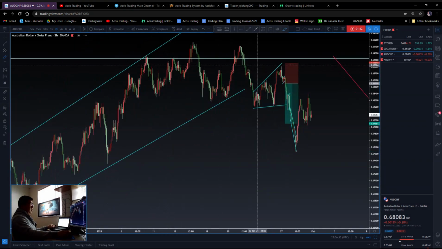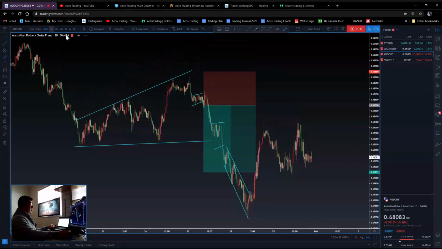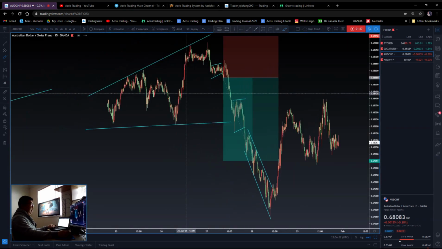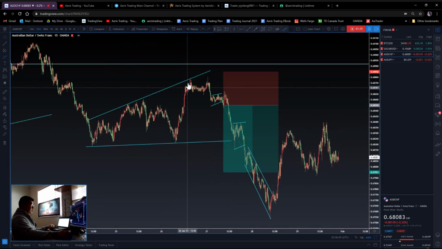So as we see here on Aussie Swiss, we broke down to the lows and then we started forming this kind of pullback correction. And I was monitoring to see what the price is doing. We have a tendency of a structure here, at least two swing highs and two swing lows. And then if we dig a little bit deeper, we see that there is a strong push to the upside, however, we cannot continue. There is no continuation to break up. Instead, we form a reason double top. So a reversal correction here and a first bearish push to the downside, followed by a continuation correction on the lower time frame. So this is where I set my entry order, just below this correction,